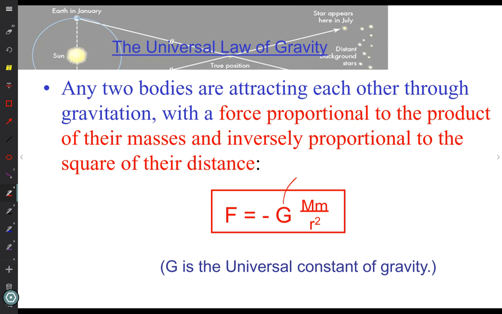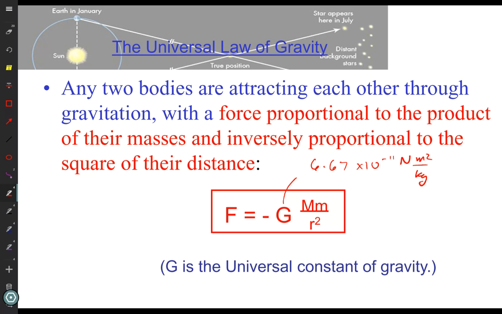Capital G is, if I remember right, 6.67. Boy, somebody better look it up, because I didn't look it up. It should be on the front cover of your book. No, capital G. Latifah, if you just flip to the front page of the book, it should be printed. Capital G, what is that number? 6.67 times 10 to the minus 11 is what I remember. Is it 6.67? Okay, so I got it right.